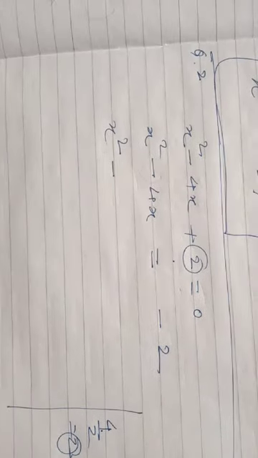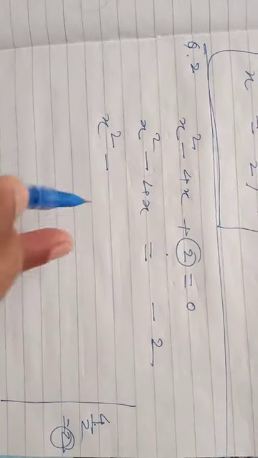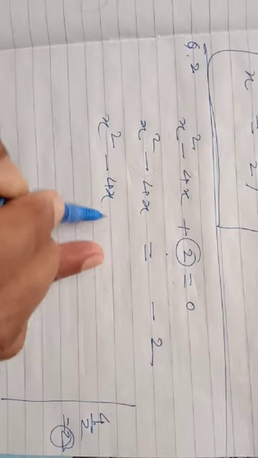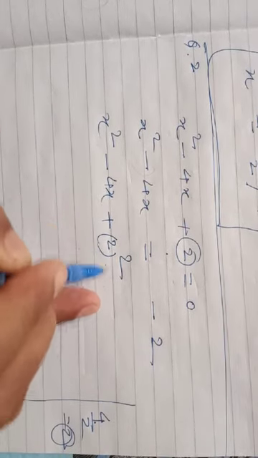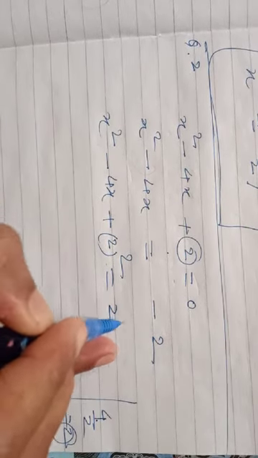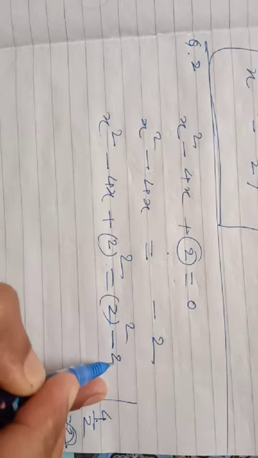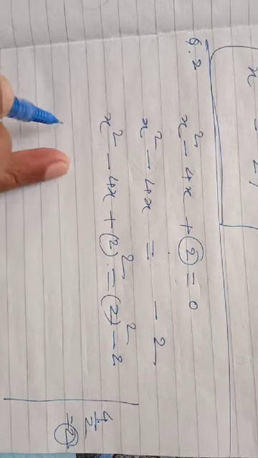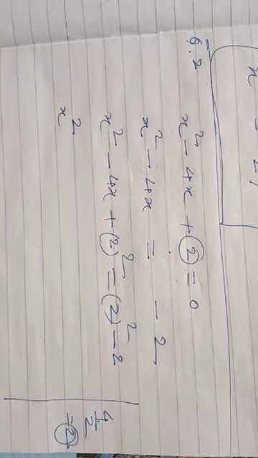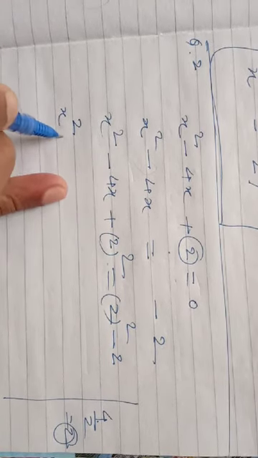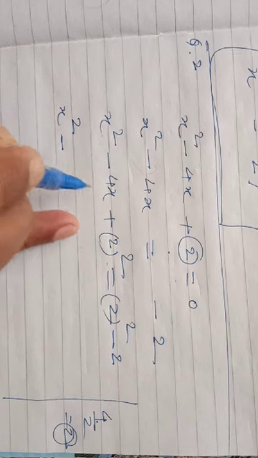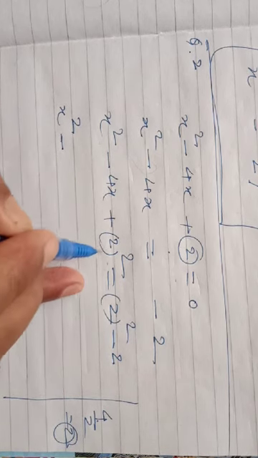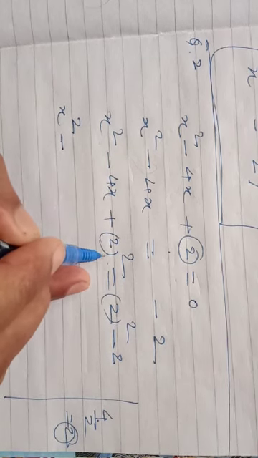So we should add square of 2 on both sides of the equation. x square minus 4x plus 2 square is equal to 2 square minus 2. Is it clear? So x square